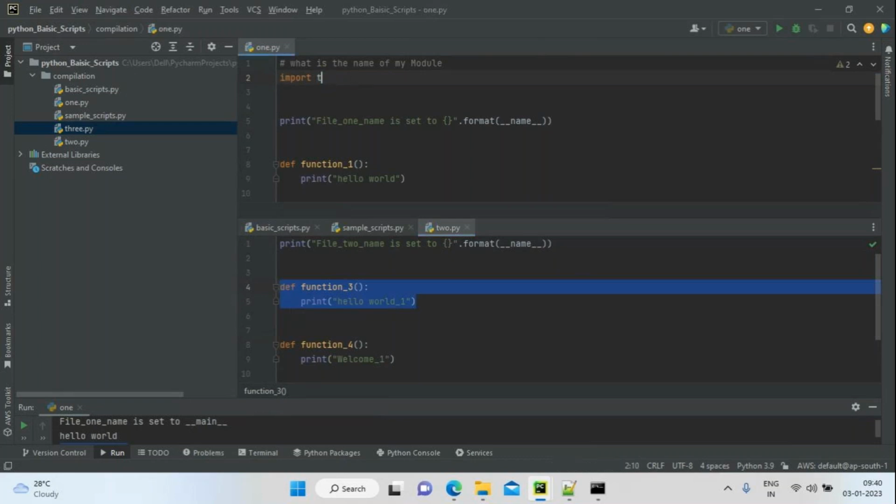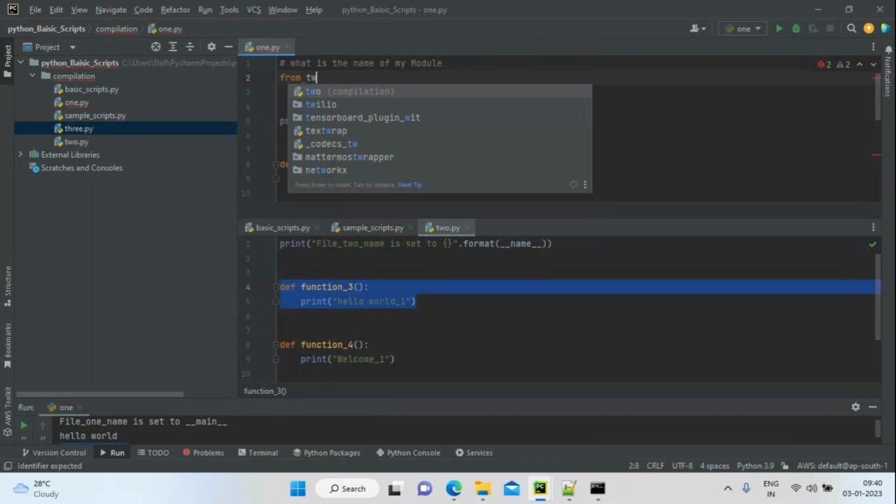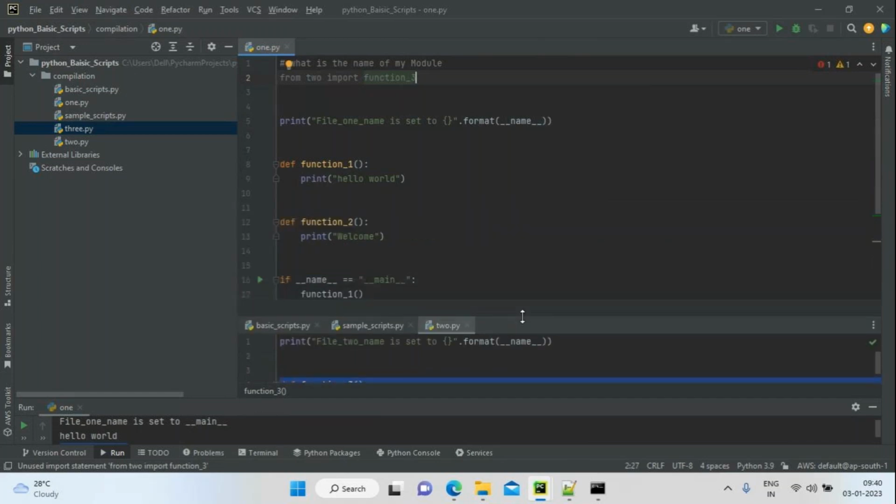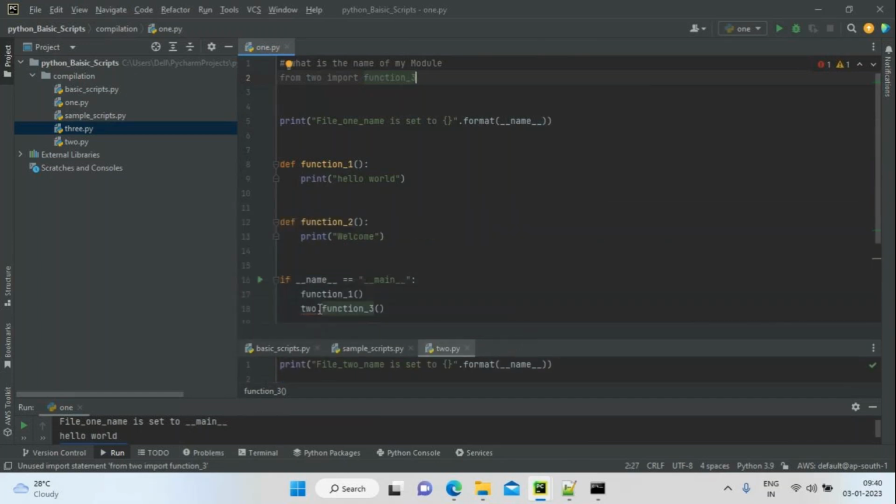What I'm going to do is use the from statement. From which module am I going to import? 2. I'm going to import only one function. What function is it? Function 3. Directly you can call function 3, you don't need to refer like this.